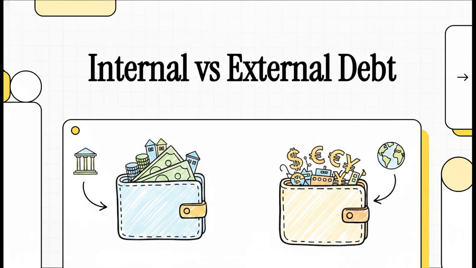Today, we're diving straight into a really fundamental pillar of international finance, and that is how governments actually handle their borrowing needs. You see, when a country needs to outspend the revenue it brings in, well, it has to borrow. But where that money comes from, that completely changes the economic impact. Think of the government as having two totally distinct financial wallets to draw from. So let's explore exactly what happens when they reach into each one.